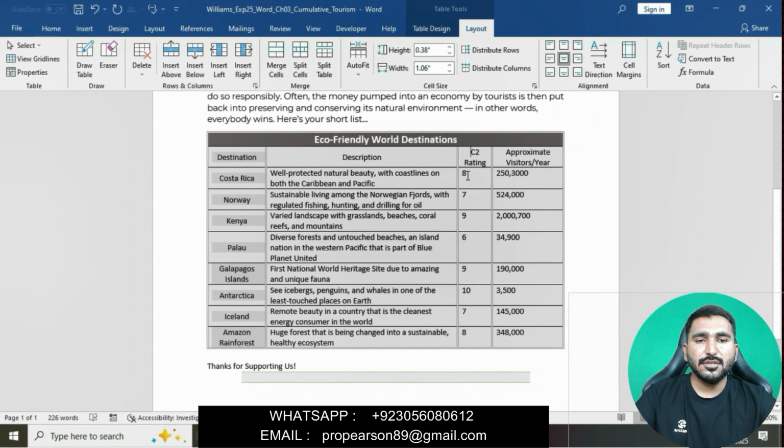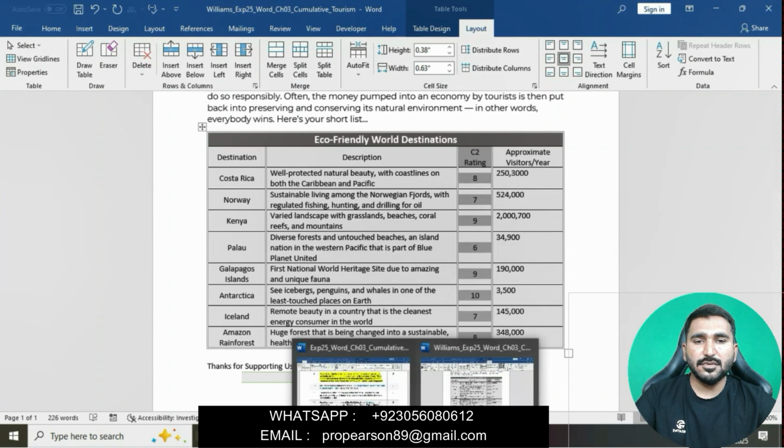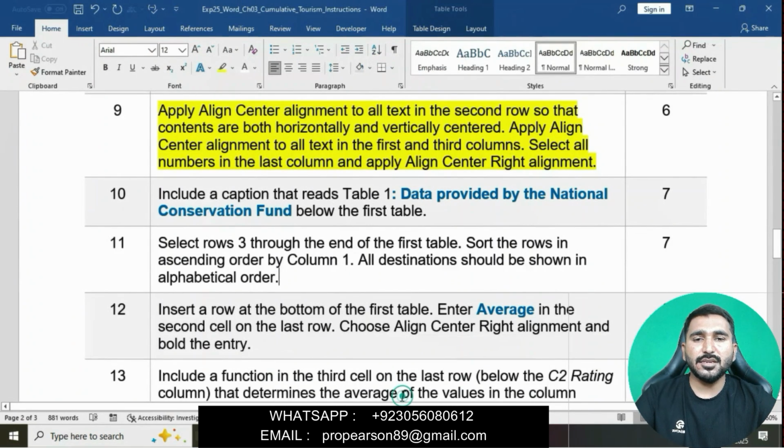Okay, then go to the third column, and apply this alignment. You can see I have selected the first and third column, then I have applied align center alignment to all text. Now select all numbers in the last column and then apply align center right alignment.